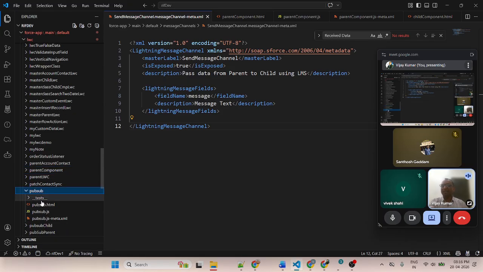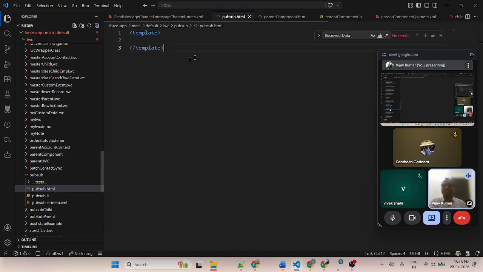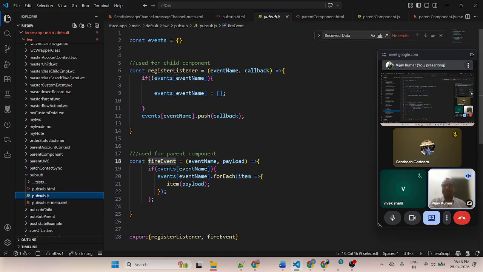So in the PubSub, I created a component similar to all the other components. But in the PubSub model, HTML is not used, only the JavaScript part is created. In the JavaScript, I created two types of function.